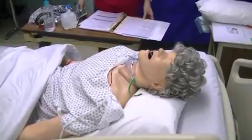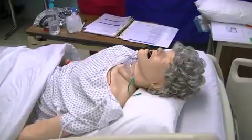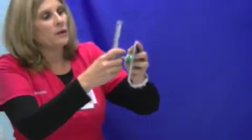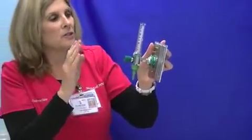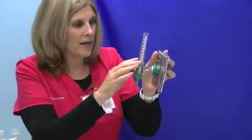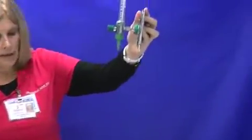One of the things you have to do is attach the oxygen flow meter to the oxygen source on the wall. This is a plate that goes on the wall. It's green in color, just like the oxygen flow meter. So green goes into green. Do not put it into yellow, because yellow is medical air, and medical air runs compressors and things like that. Oxygen is delivered through the oxygen flow meter, and it is green in color. So this flow meter gets put in the hole. Like I said, this plate will be on the wall,